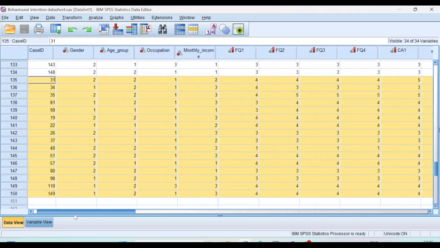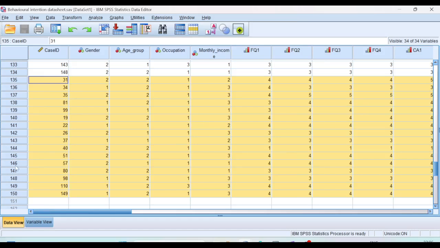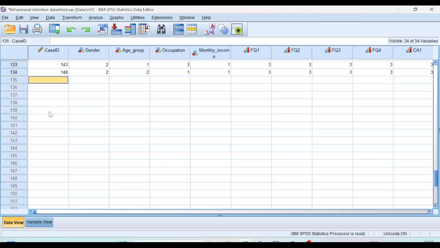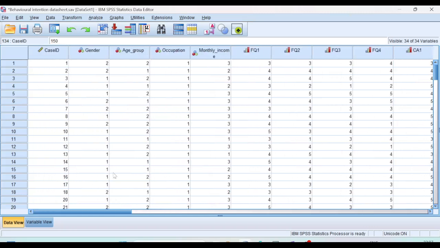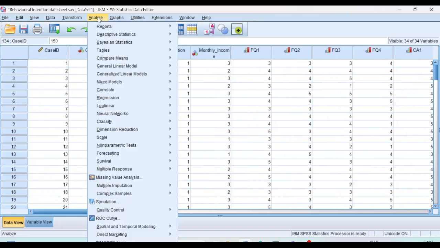The total data count which I have is 150. I'll remove these by selecting them like this and clear them out of our analysis because we don't want to go further with these unengaged responses. So first we will be testing multicollinearity. How to test that? Go to analyze,